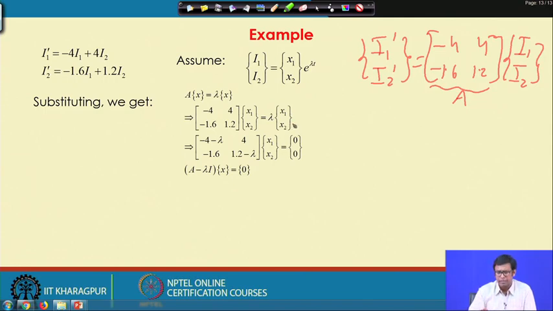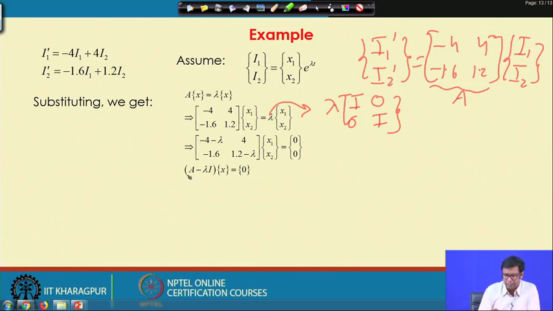Now, we bring the right hand side matrix to the left hand side and deduct the value λ. Here, λ we can also write as λ times the identity matrix, because this will anyway be multiplied with (x1, x2). So, we subtract λ from the left hand side matrix and we get the equation [-4-λ 4; 1.6 1.2-λ] times (x1, x2) is equal to 0, which is A minus λI,